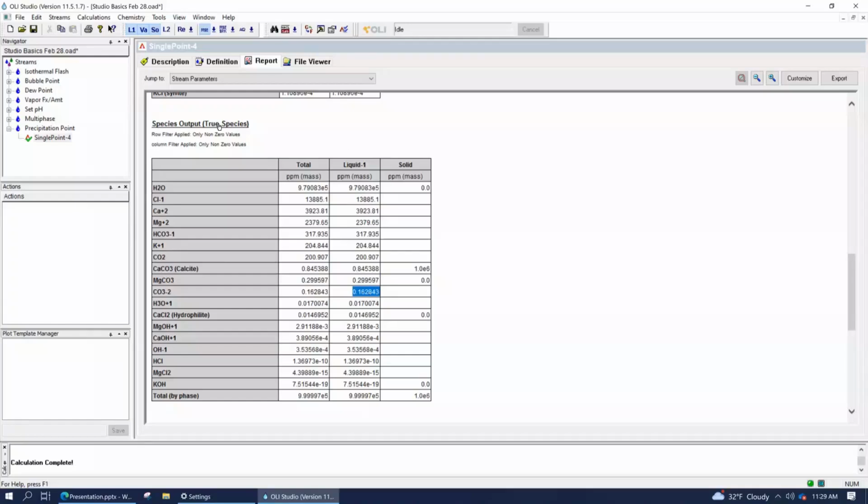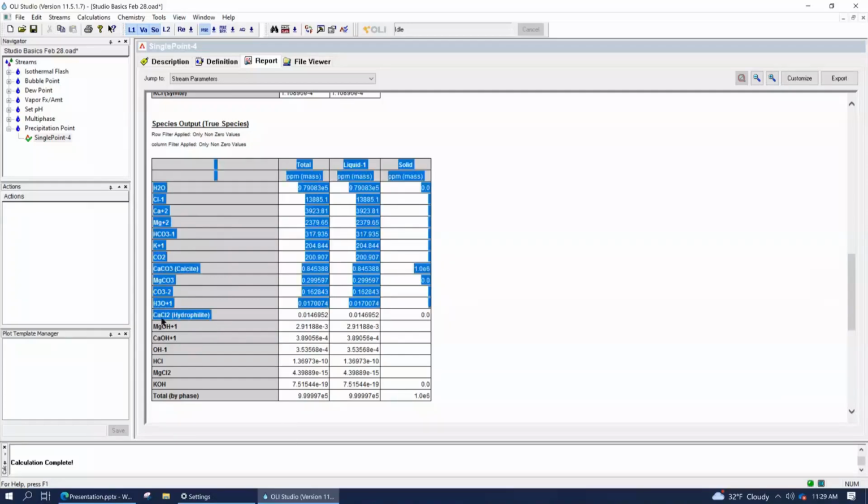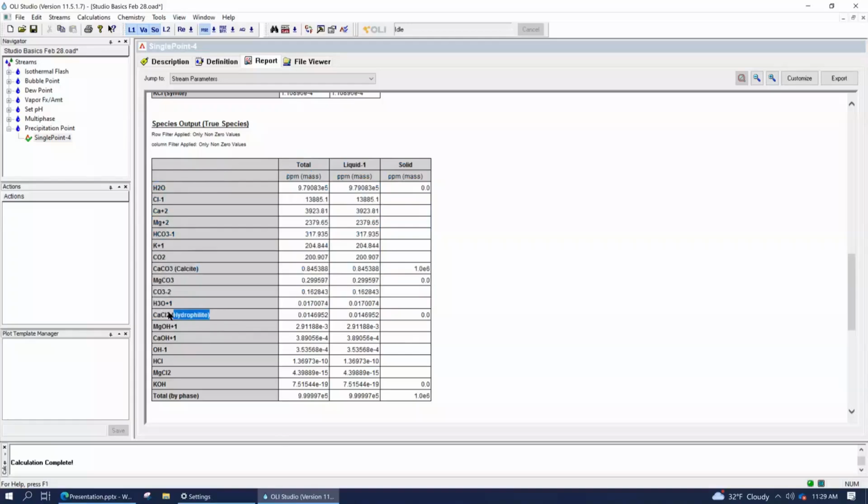But everything else in solution pretty much behaved what we'd call normally. And the reason I'm saying normally is because everything is essentially as their free ion, almost like you would expect it to be if you didn't, let's say, study water chemistry. The funny stuff, sometimes it's important, are down here, like this calcium chloride complex.